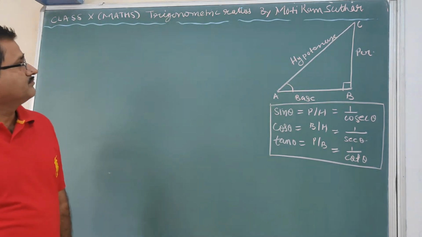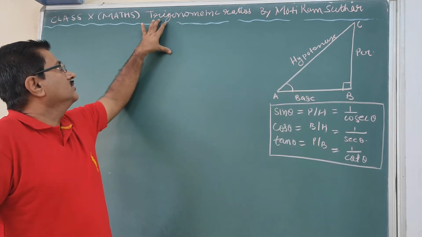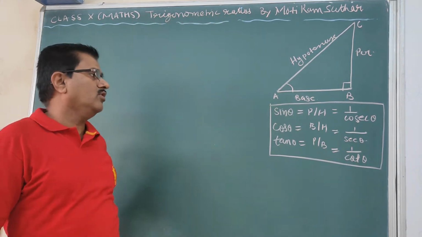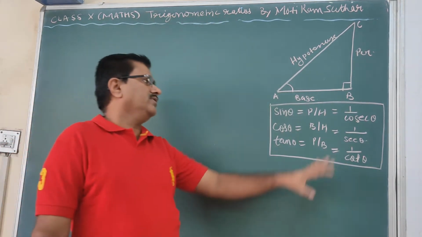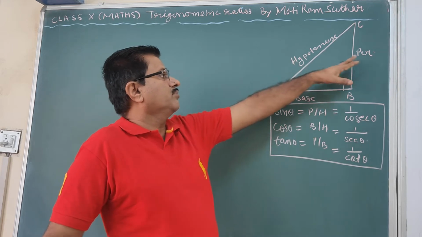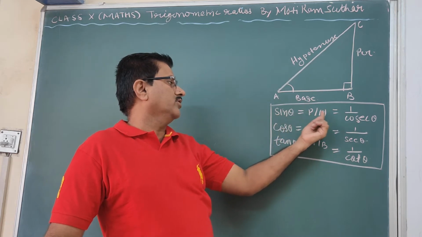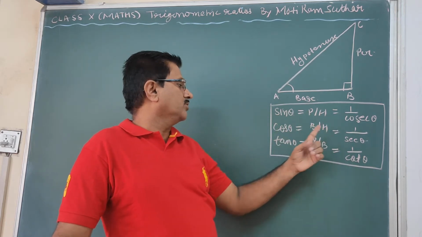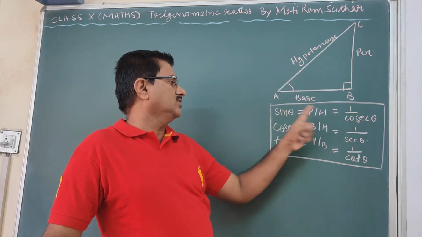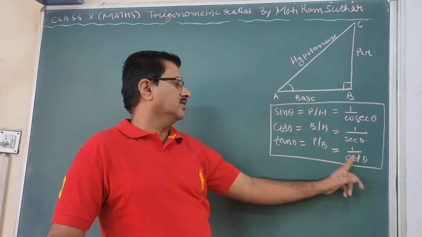Today we are taking some problems based on the mathematics that we have already seen. The topic is trigonometric ratios, and how, depending on these, we can solve different types of problems. Already we have discussed that in a right triangle, the three sides are named base, perpendicular and hypotenuse, and the corresponding ratios we call sin theta, perpendicular upon hypotenuse; cos theta, base upon hypotenuse; and tan theta, perpendicular upon base. And these three have reciprocals. Sin theta's reciprocal is cosec theta, cos theta's reciprocal is sec theta, and tan theta's reciprocal is cot theta.